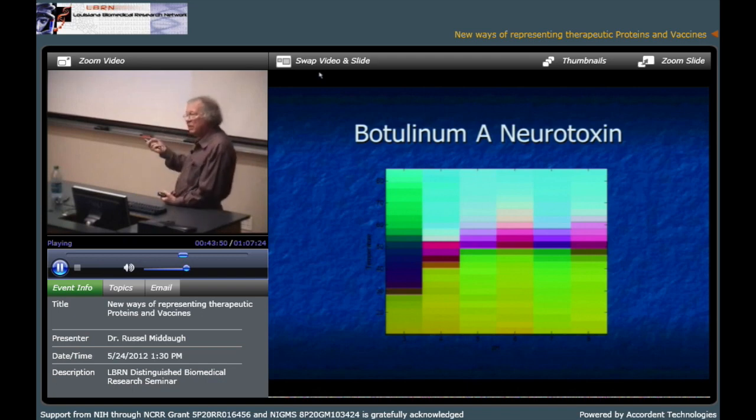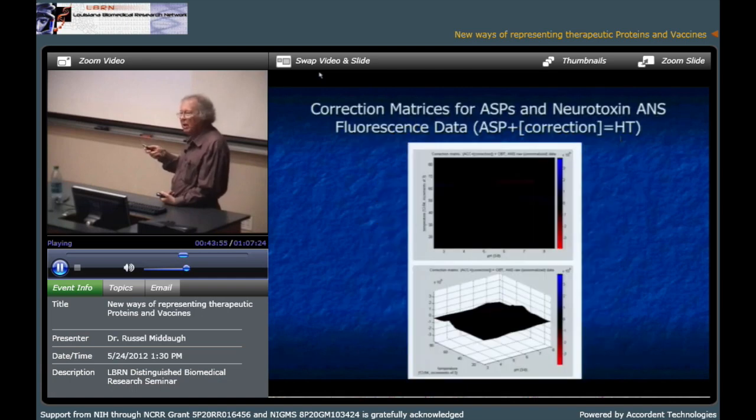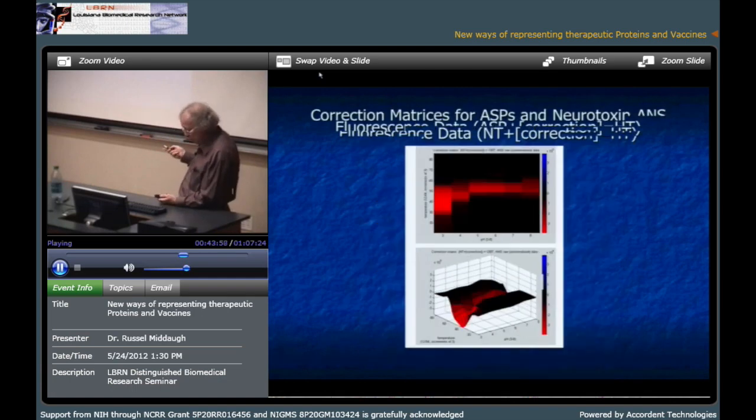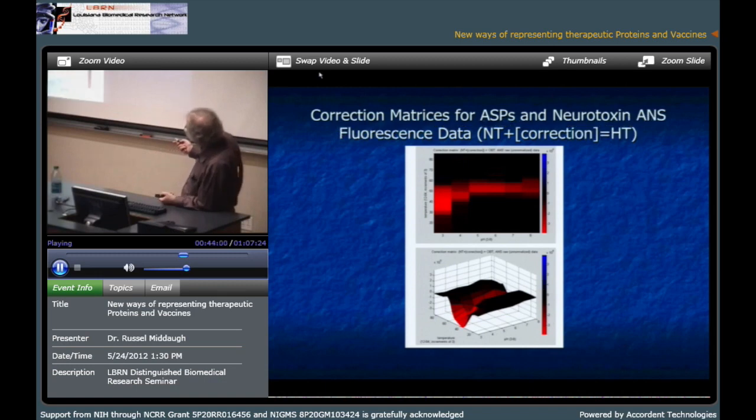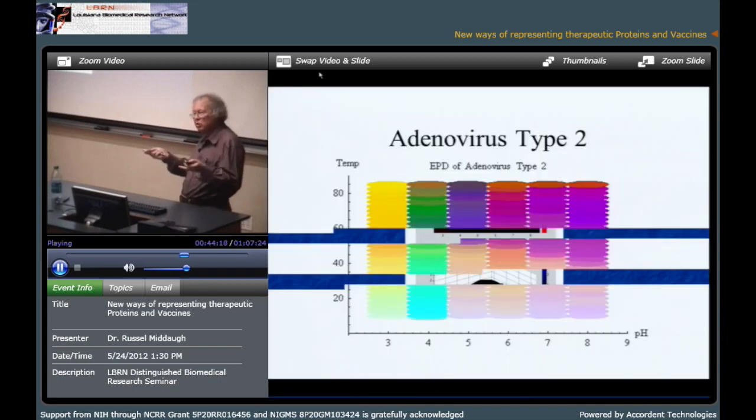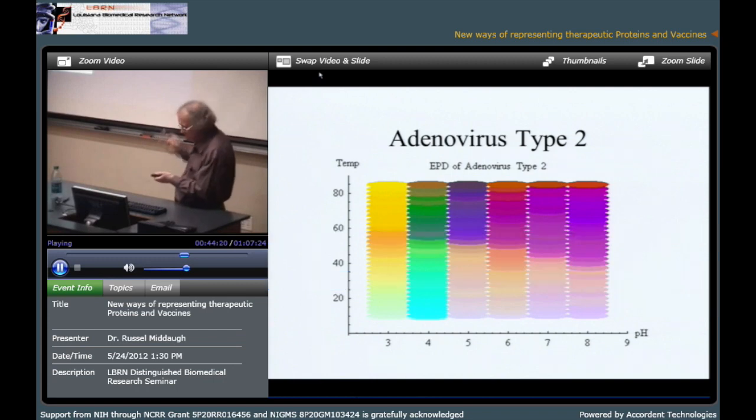But the toxin that's given actually has complex carrier proteins. And so here's the actual phase diagram of the neurotoxin. And you can't see this very well, but what we did was we took these associated proteins and the neurotoxin and then the toxin itself, which is the combination of the two, and did difference phase diagrams in order to look at and ask the question whether there were structural changes when the complex formed. And the answer was yes, and I won't go into the interpretation of the data right now.